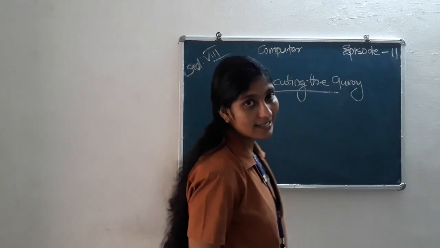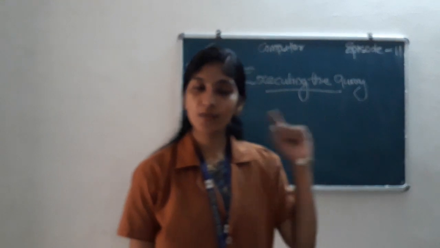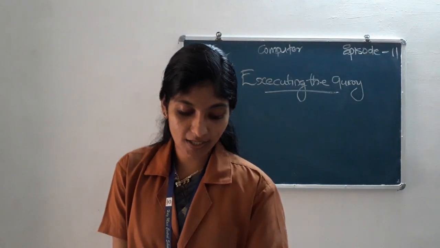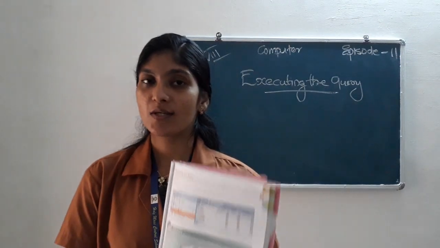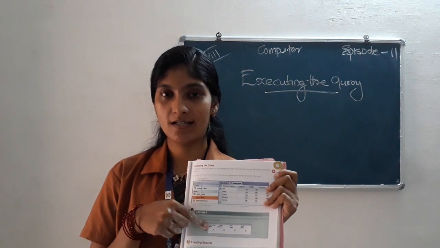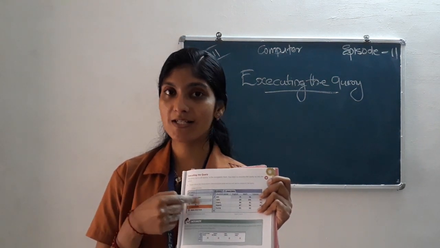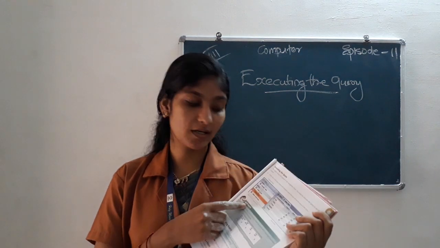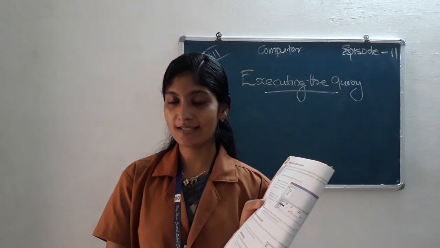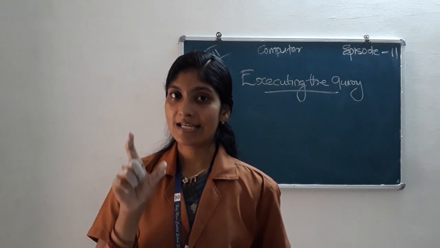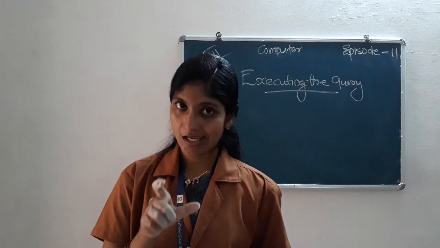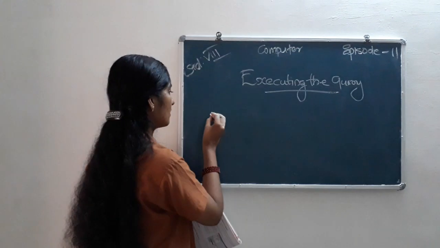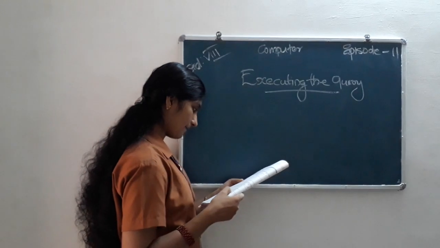Finally, we have to generate the reports. So for that we have to execute the query. How to execute the query? Here all tables are listed. The table list means the number of tables which are present in the database. So just click the table on which you want to execute the query. Here query math is the final query present, because we created a query with the name query math.